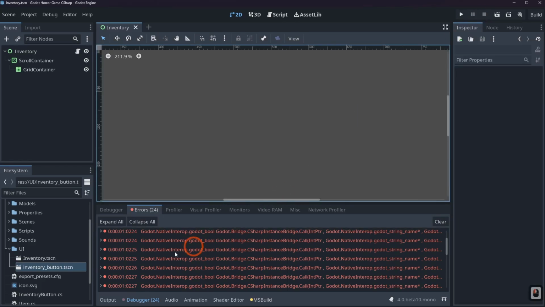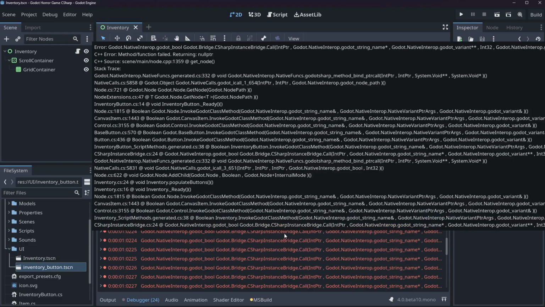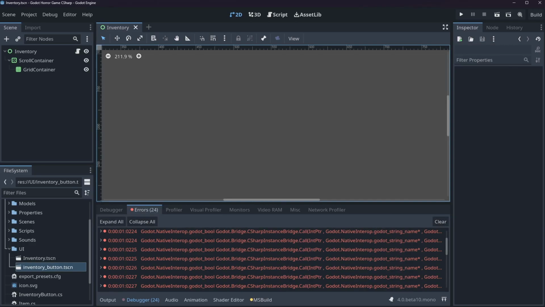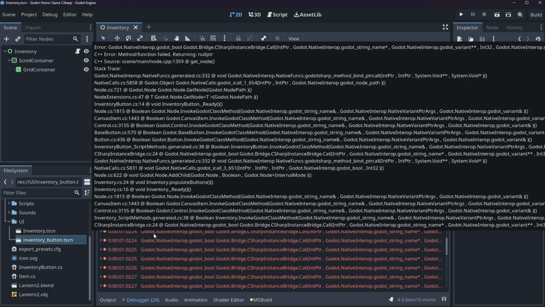So first, let's fix this error here. It's saying that it can't find a node called texture rect. So let's head over to our inventory button, which it looks like is the issue, because it says so on the thing, and I can't really show you. Hopefully in post-processing I can show you guys, but it says right here that it's inventory button line 14